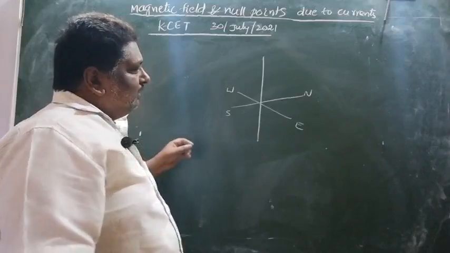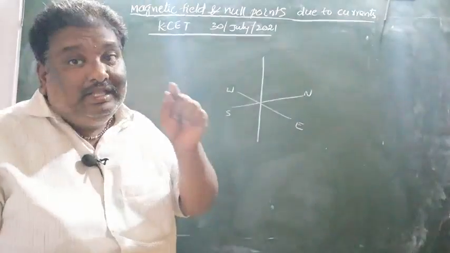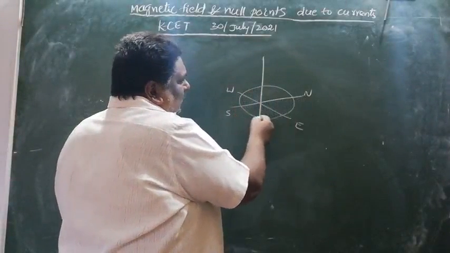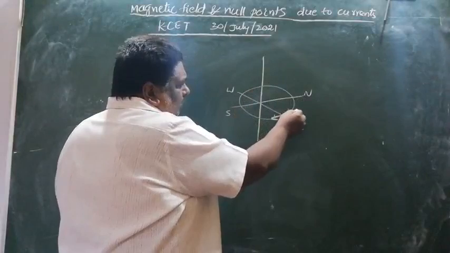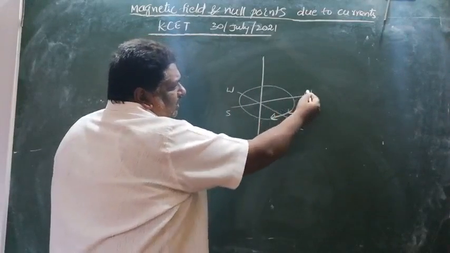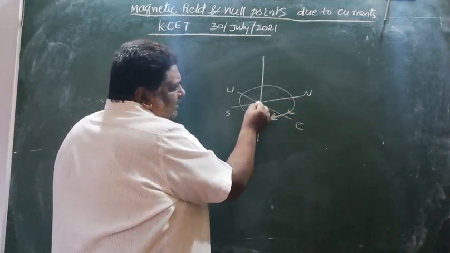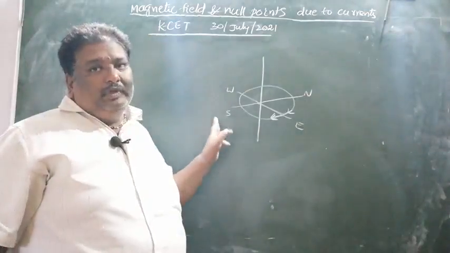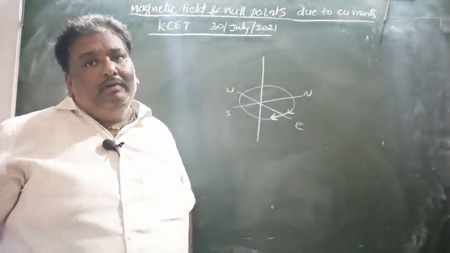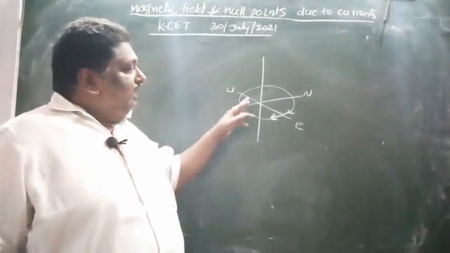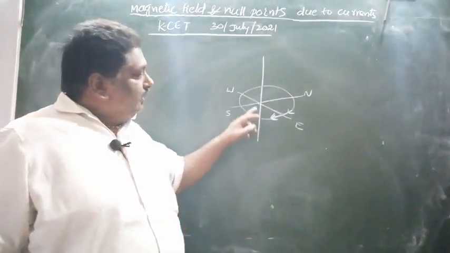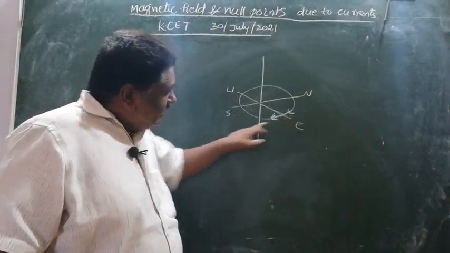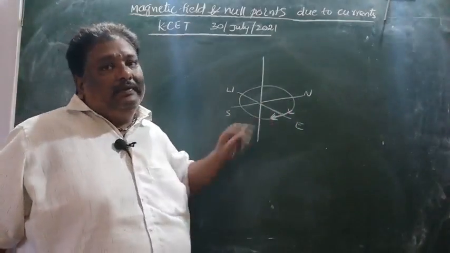Okay, so here, what is the direction of the magnetic field in the east? This is the east. The magnetic field is circulated like this. What is this direction? North to south. So in the east, the magnetic field direction is from north to south. What is the question? One proton is falling down. What is the magnetic field? East direction to this conductor, the magnetic field is in the north to south direction.